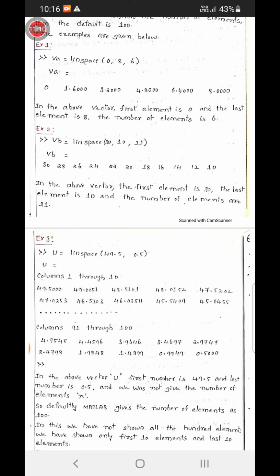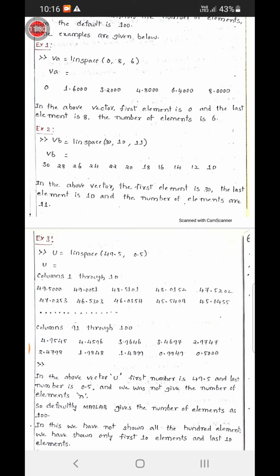So now this is the range, right? 49.5 is the first element, 0.5 is the last element. For this range, MATLAB creates 100 elements. By default, MATLAB takes the number of elements as 100.